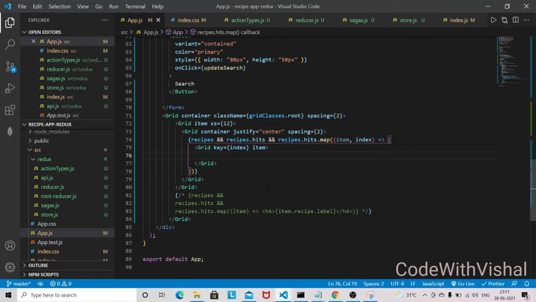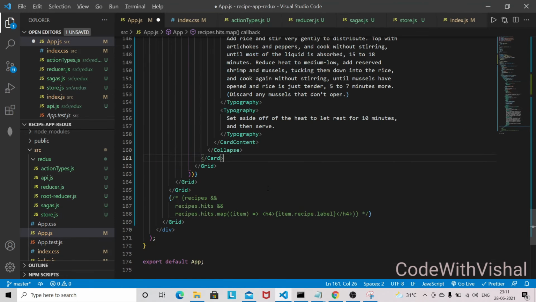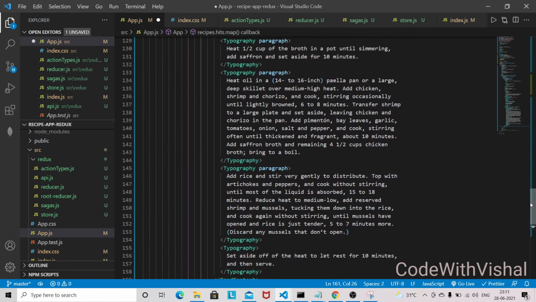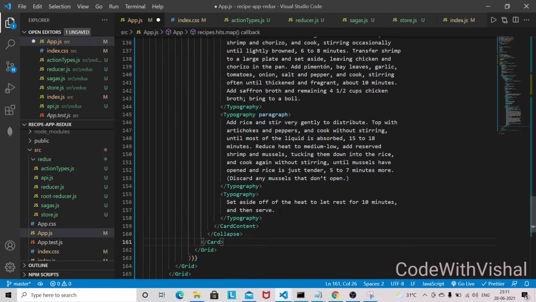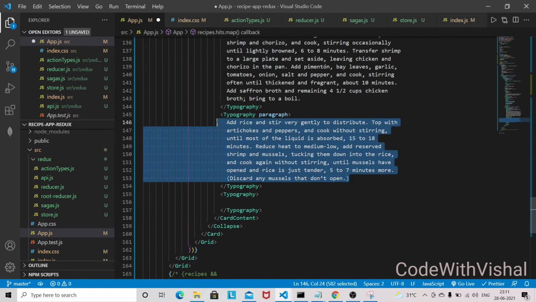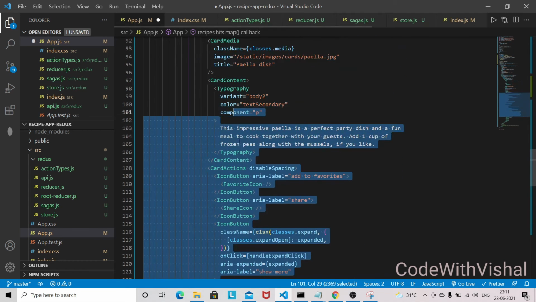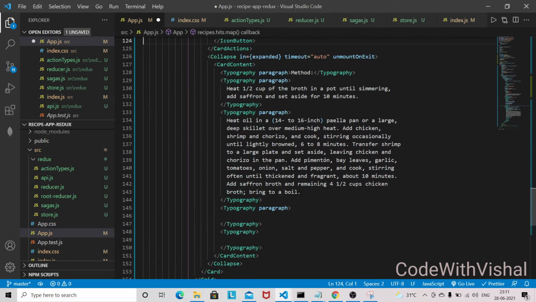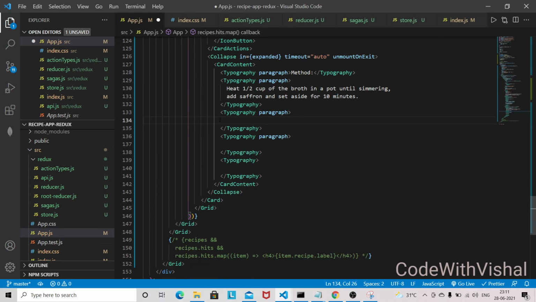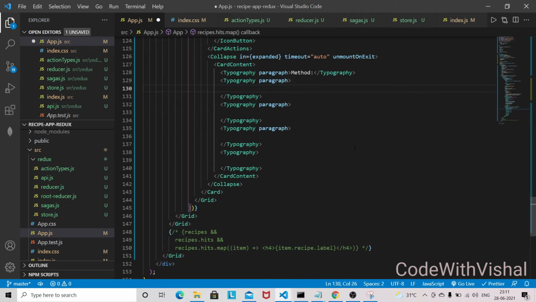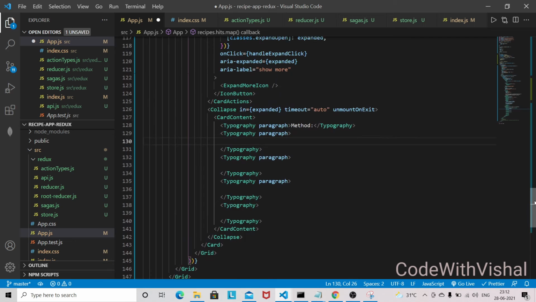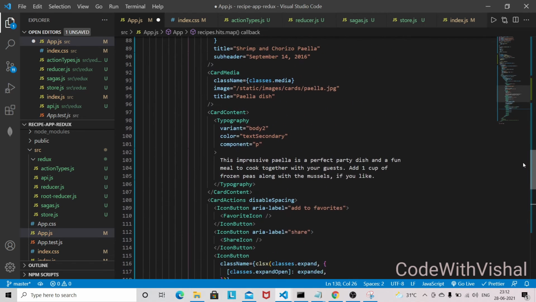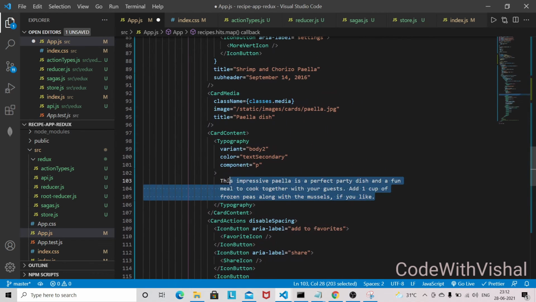and I'm going to paste it here. We will modify this whole thing, so you don't have to worry about it. So I'll be just removing everything. Let's remove this whole content and leave the typography as it is. We will have our own content here in the typography. This also we don't need, and let's remove this one as well.